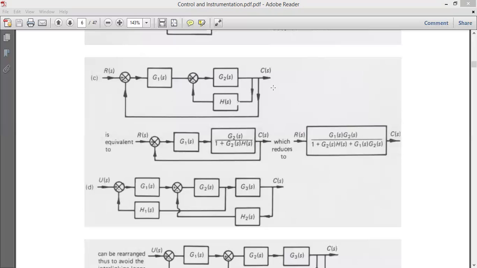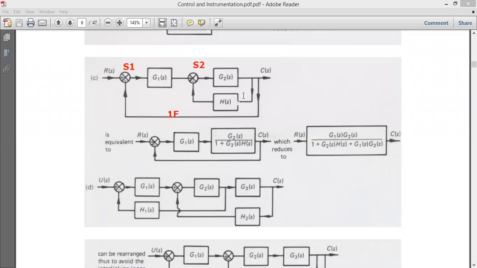So how to solve this problem is to try to identify the elements. I will write this as my first summation. Let us go for the second summation. This is one feedback, I will write it as 1F, that is feedback, but this feedback is unity. Unity is nothing but equal to 1. Why is this equal to 1? Because we don't have an H block. Simply the output, that is C of S, is connected to the summation, which is unity, equal to 1. So we don't have any feedback element.